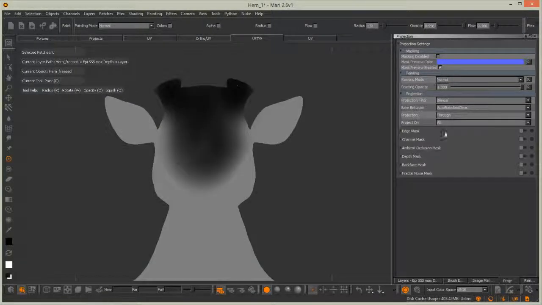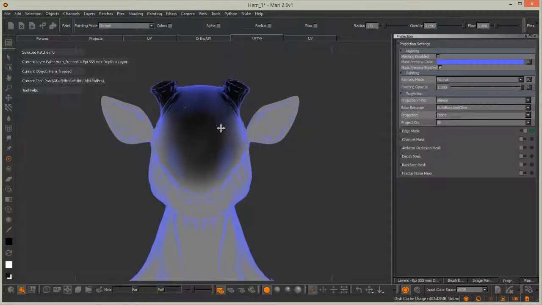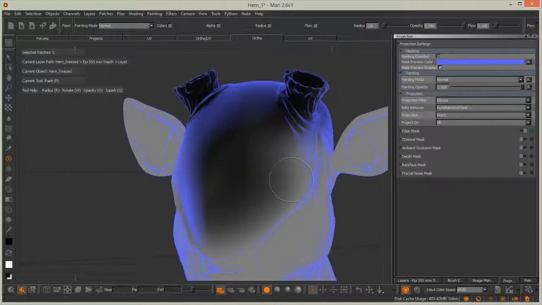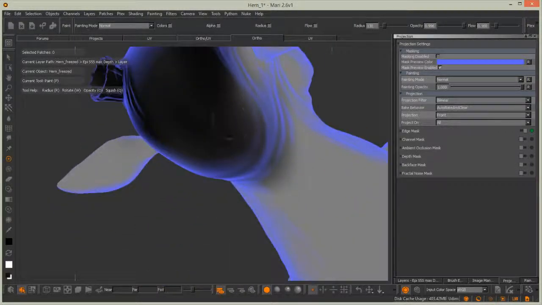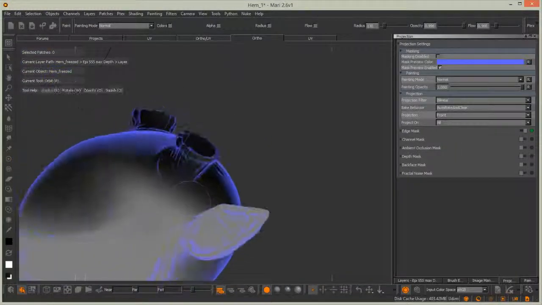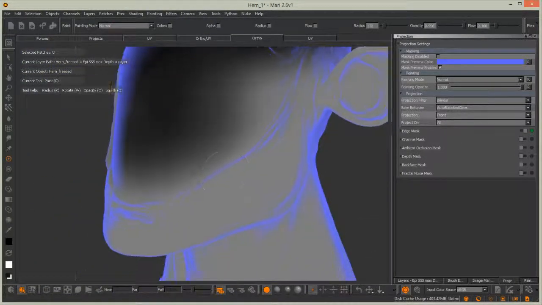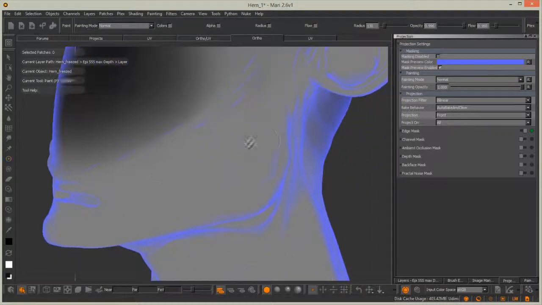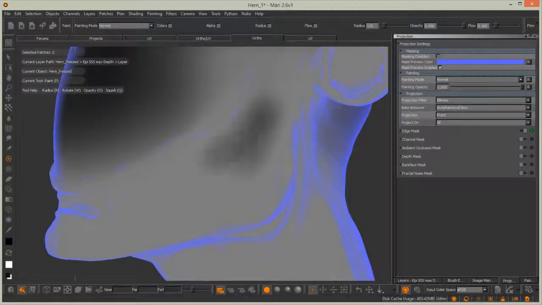So we can turn on mask and turn projection to front, and as you can see, we got masked areas of the head, and these areas would have thinner skin, so this epidermal subsurface maximum depth should be lower in this part. So also here. Okay, so now on the muscles of the chin also,